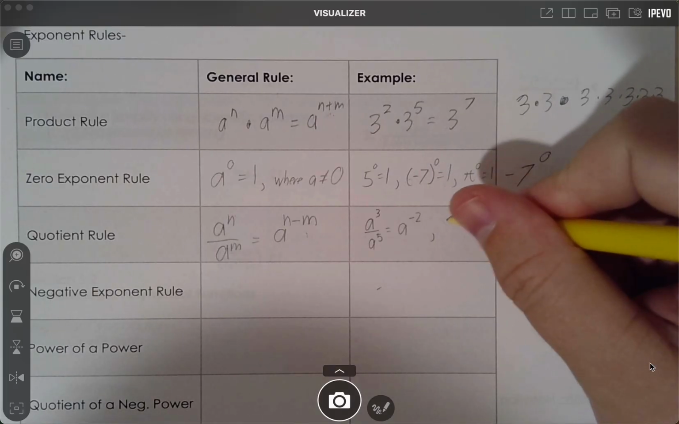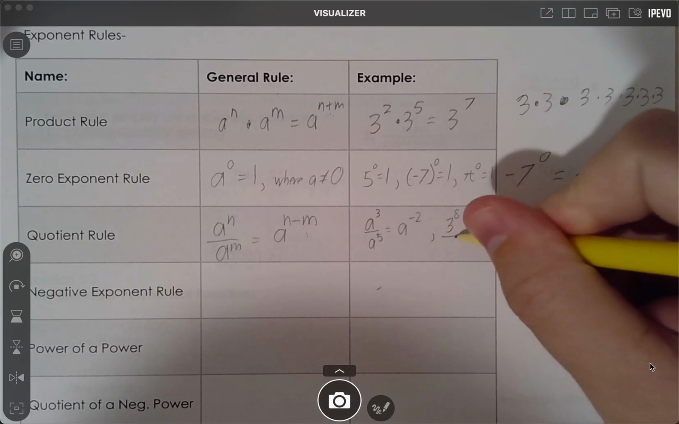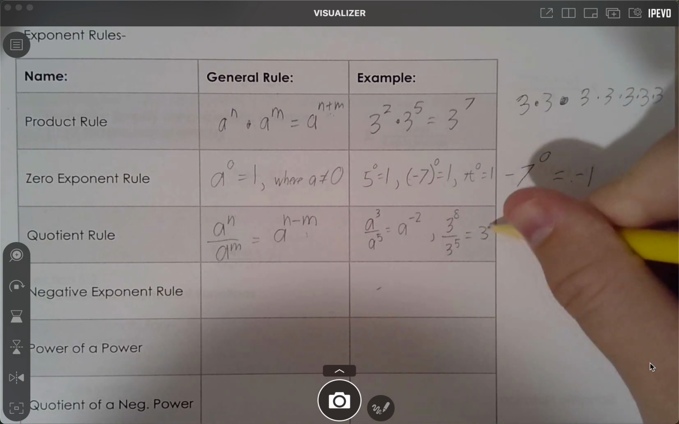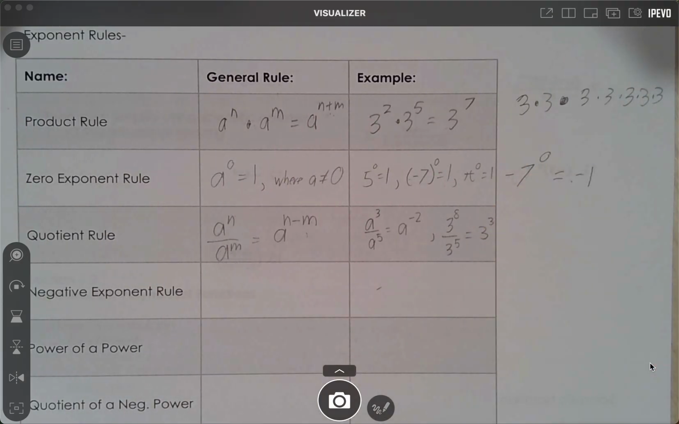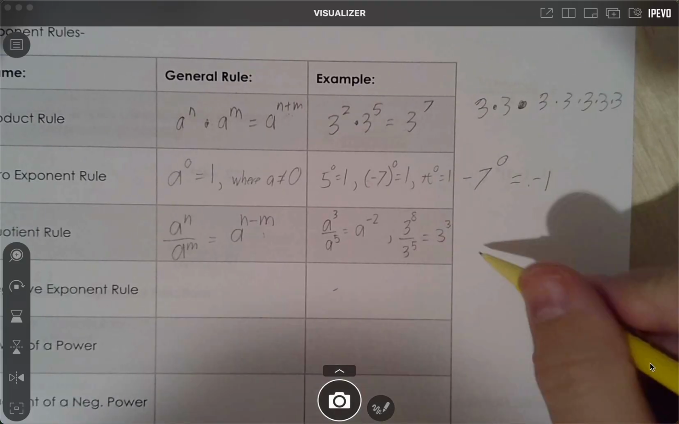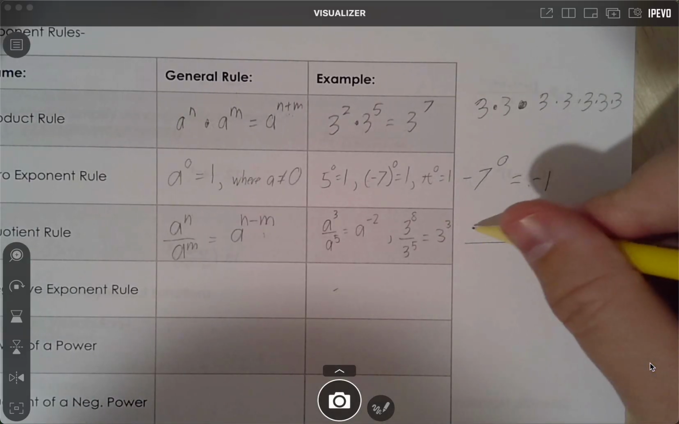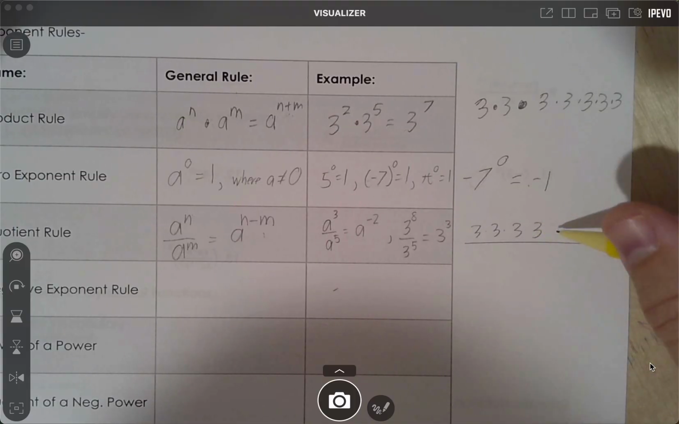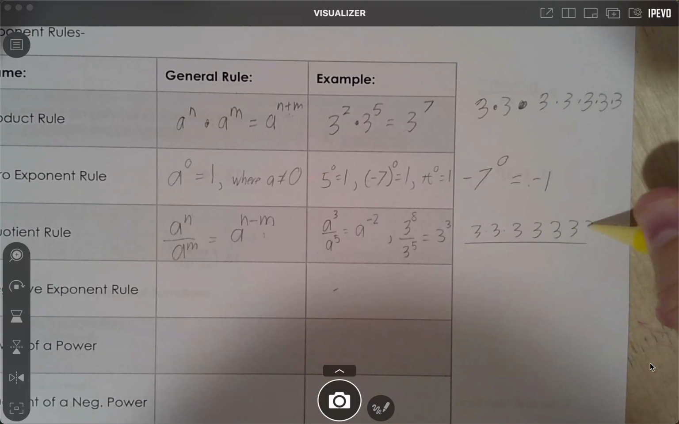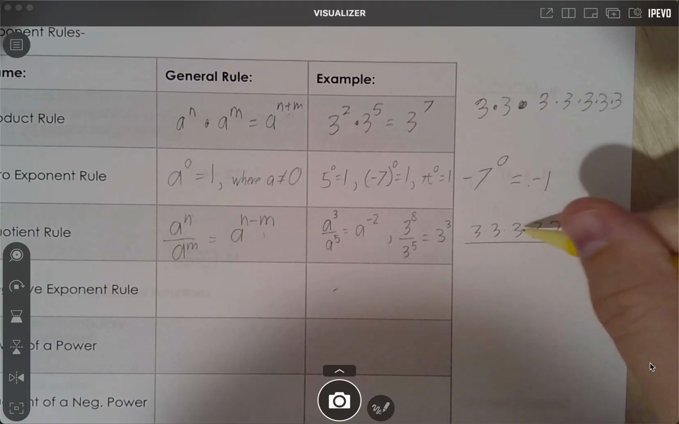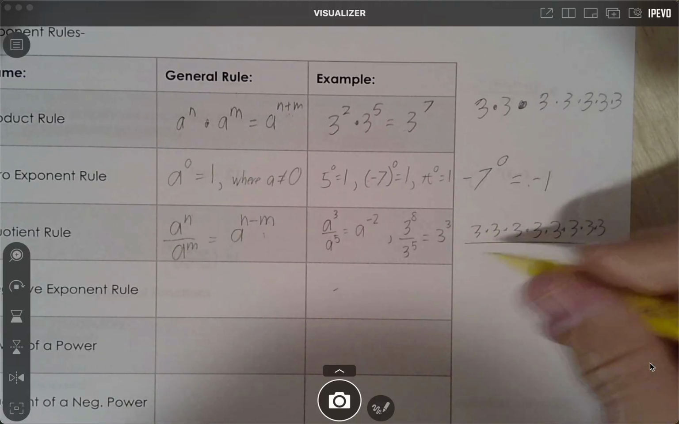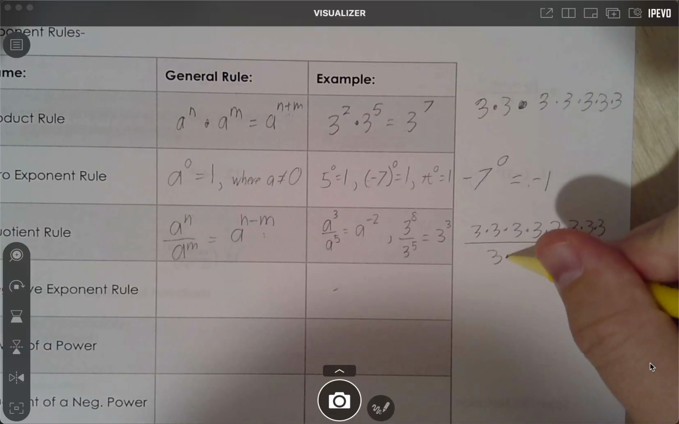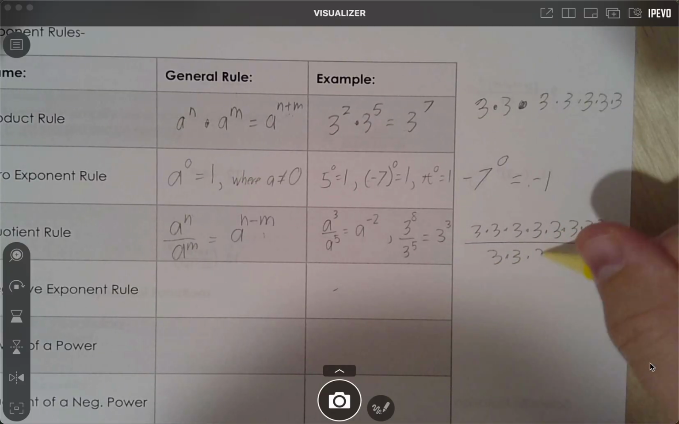Or if I have 3 to the 8th over 3 to the 5th, then I now have 3 cubed. Alright, just to explain this one, I guess we are doing some extra explaining, but I shouldn't have chosen to the 8th. If I write 3 to the 8th, then I've got 8 3's multiplying together. And on the bottom, if I had 3 to the 5th, I'd have 1, 2, 3,